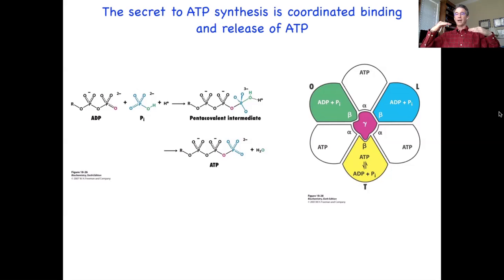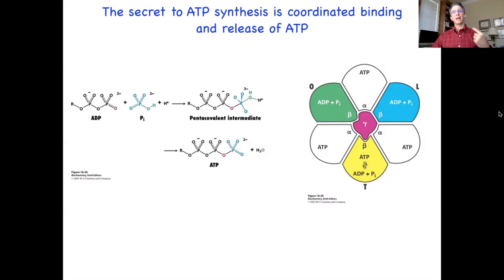Now that makes some sense, right? Because now if you can drop that transition state free energy barrier, and if you bias the energy by binding really tightly to the ATP in the direction of ATP, now you can make ATP. And it doesn't even have to be that big a bias. You can basically have this thing tipped just a bit and you're going to potentially make ATP and do it quickly if you can get that transition state free energy barrier down. That's the idea. But the trick is, if you're binding the ATP tightly enough to shift that free energy balance, how do you ever let go of it? And the key to